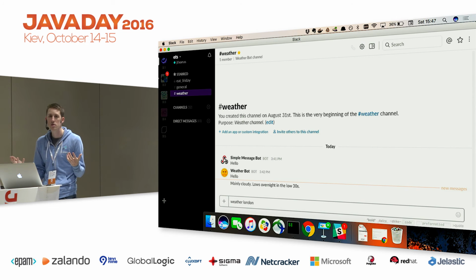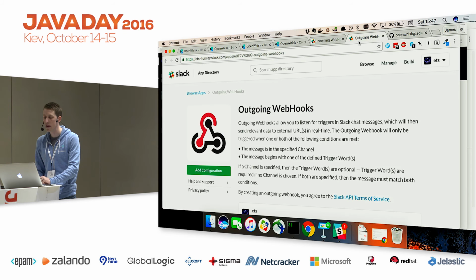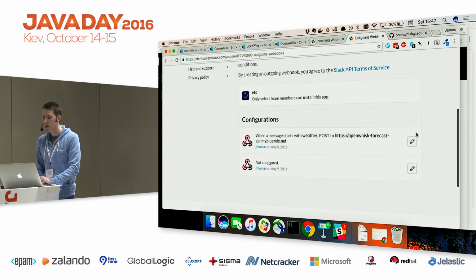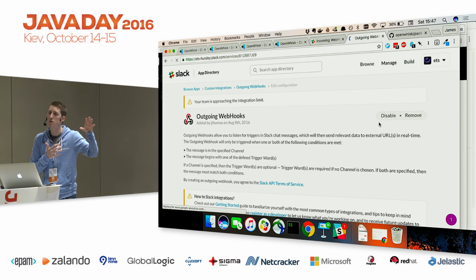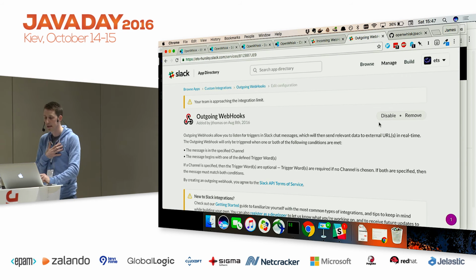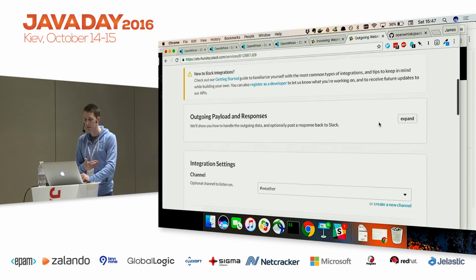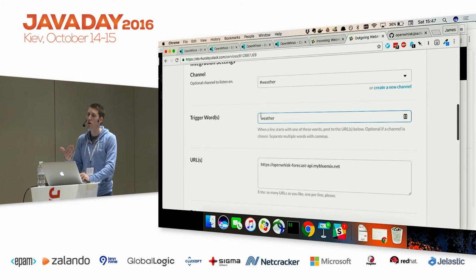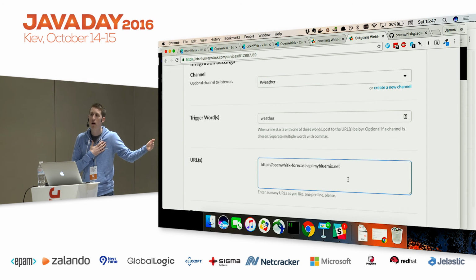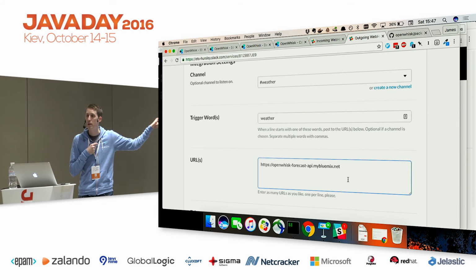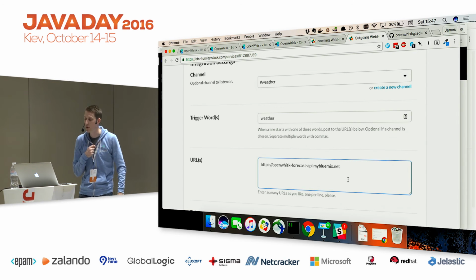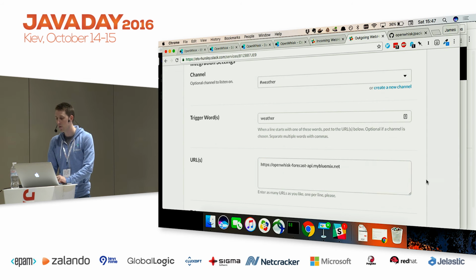And again, the way we're going to do this is using Slack's webhook integration. Slack also has what's called outgoing webhooks, and what these allow you to do is register a URL to be called whenever someone types a particular message in a channel. I've started to set one up already. So whenever someone says the trigger word weather in the channel weather, it's going to post that data to some URL that I've got down the bottom. And I've used an API gateway service to set up a public endpoint for the serverless function that we created before. So if I go and click save,